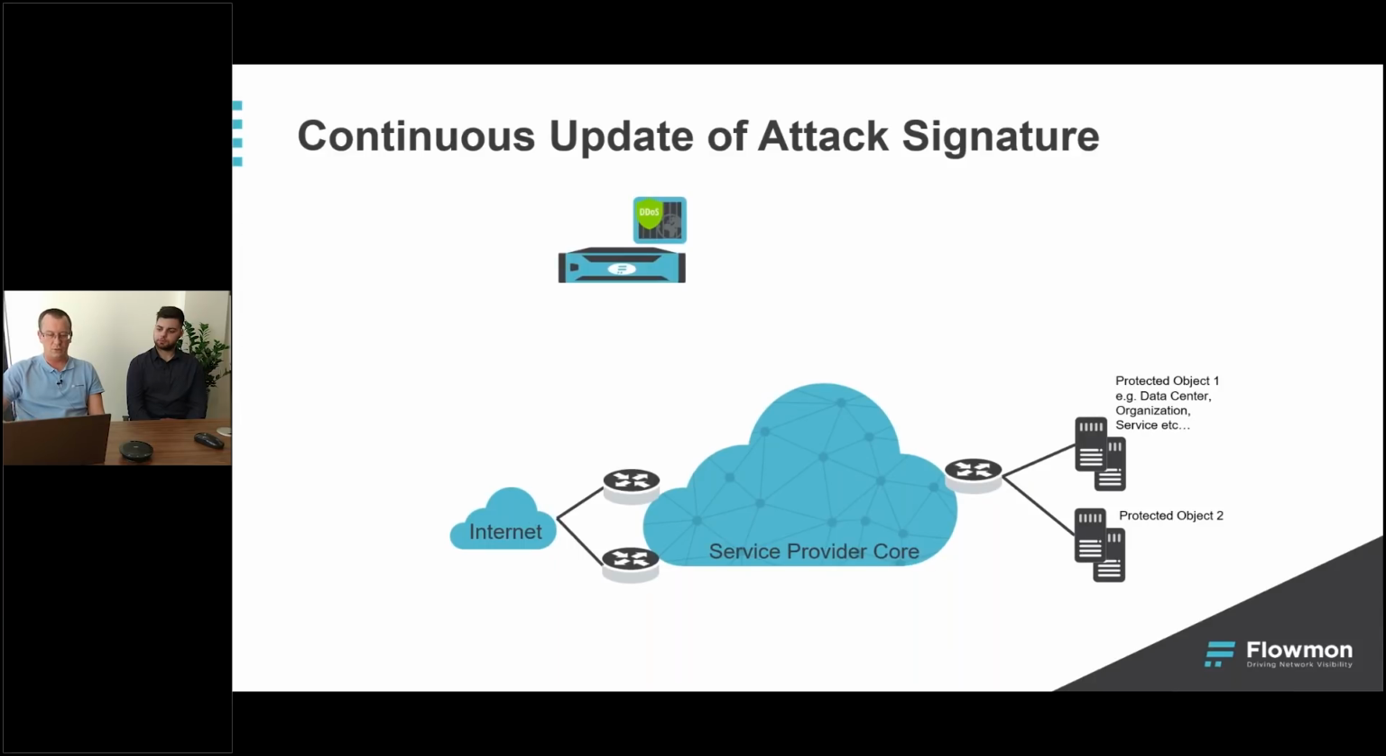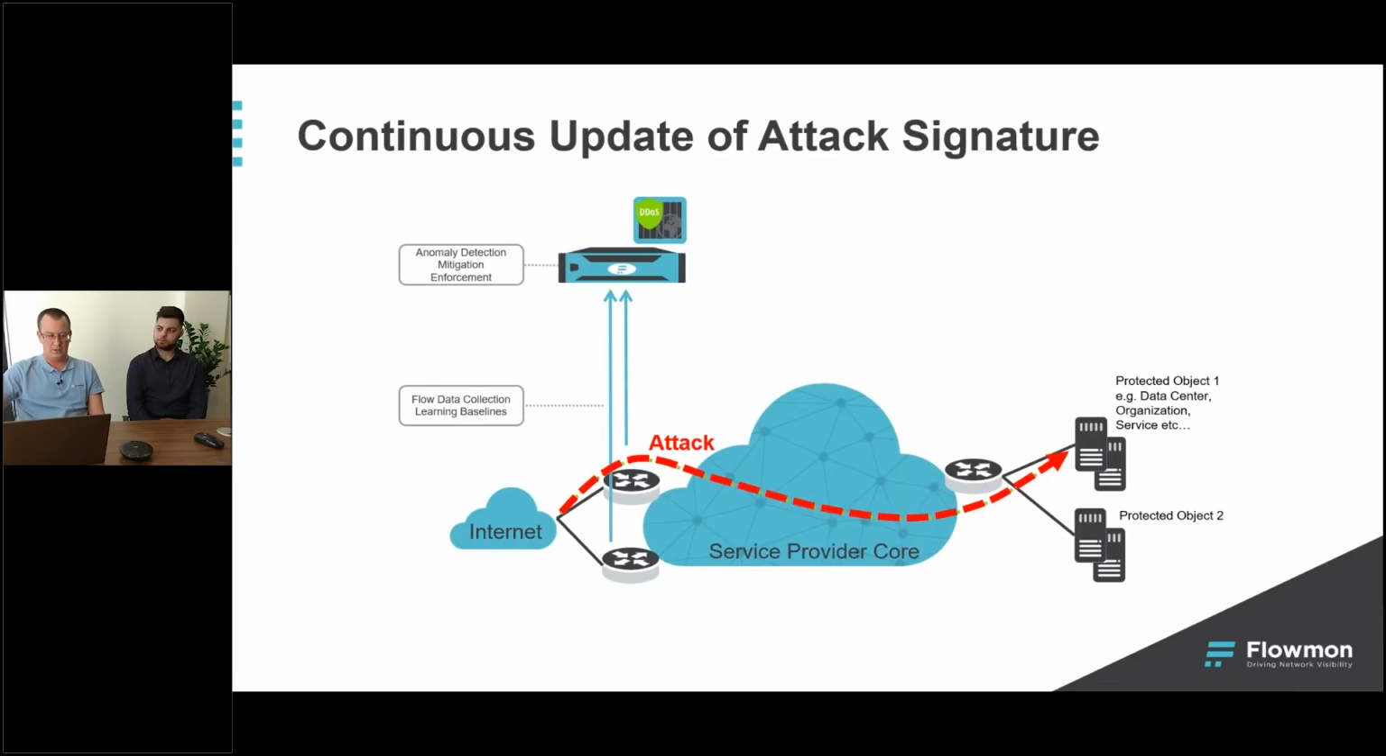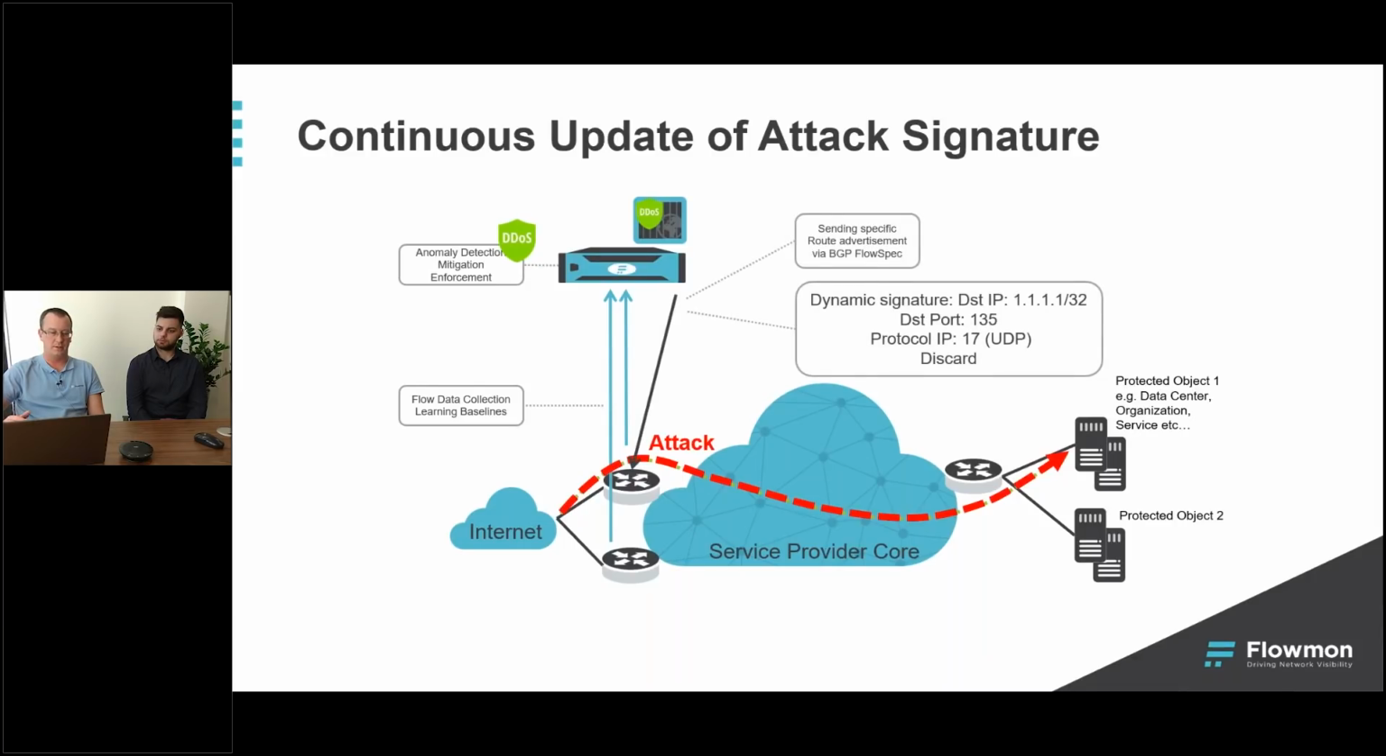So we do have a service provider backbone. We have Flowmon collector with DDoS Defender. This is the normal traffic flow through the network. We collect flow data. We establish the baselines. We maintain the baselines. In case of attack, we actually detect the anomaly and we start the mitigation process. So we figure out the characteristics of that particular attack. So we provide sort of a dynamic signature. In this case, we translate this dynamic signature to a flow spec update, and we instruct the routers to drop that